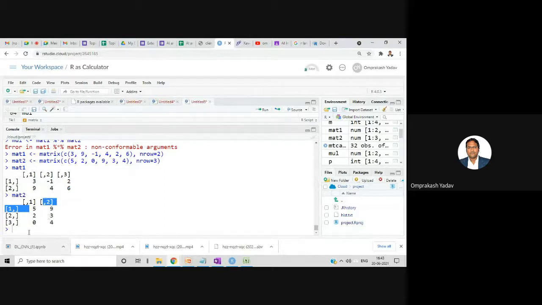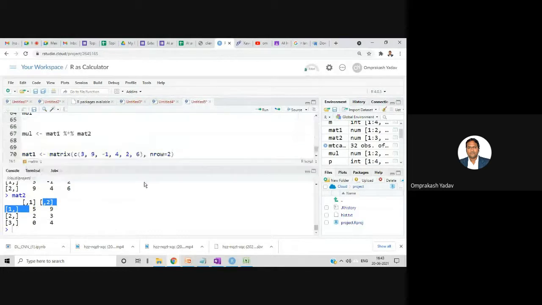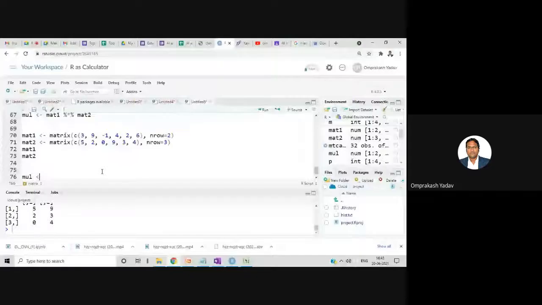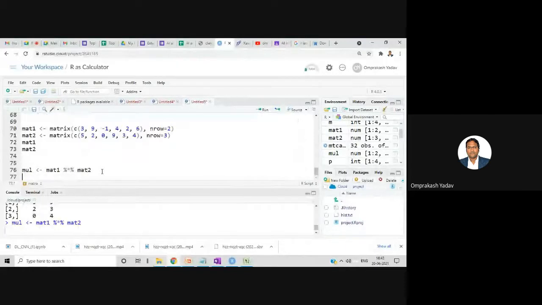Now let's multiply mat1. For multiplication you have to use this %*% mat2, right?